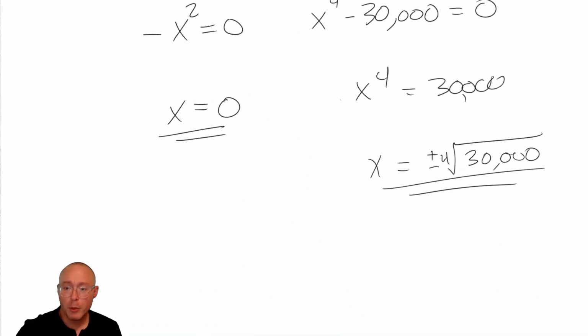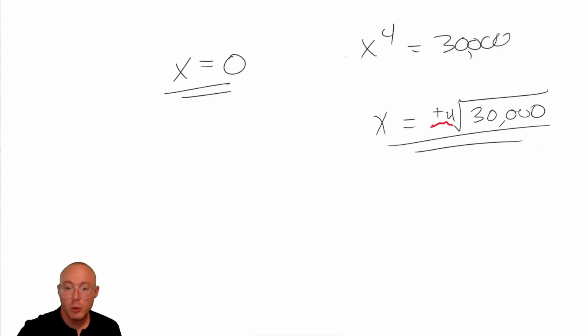Another important thing to remember is that we don't care about this negative critical value because we're dealing with a function that we are equating to a sequence, meaning that we should think of the n values of our sequence, right? 0, 1, 2, 3, 4, all the way up to infinity. We should think of those as our x values. And since you can't have a negative n value for a sequence, we're not going to worry about a negative x value here when we're talking about the first derivative test. So the only critical values that matter are x equaling 0 and x equaling this number,